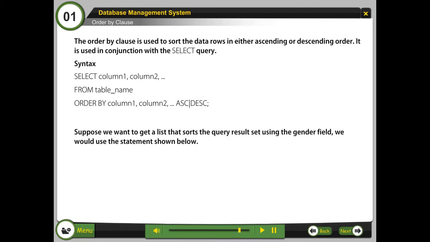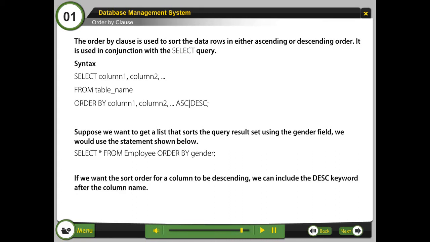Suppose we want to get a list that sorts the query result set using the gender field. We would use the statement shown below. Select * from employee order by gender; If we want the sort order for a column to be descending, we can include the DESC keyword after the column name. Select * from employee order by gender DESC;